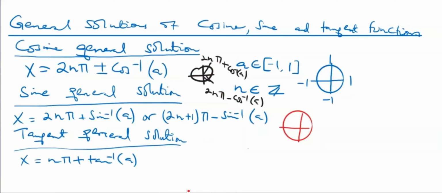Whereas the sine function is positive in the first quadrant, but it is also positive in the second quadrant as well. So 2n pi plus sine inverse a is in the first quadrant. The 2n pi is exactly the same as for the cosine, but the only difference is the negative. So 2n plus 1 pi minus sine inverse a will be in the second quadrant. With the tangent function,